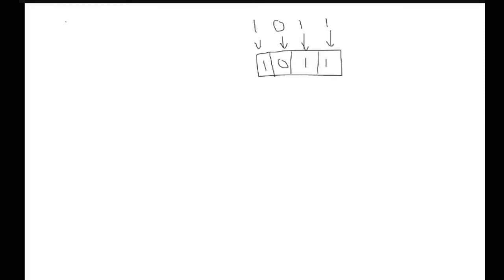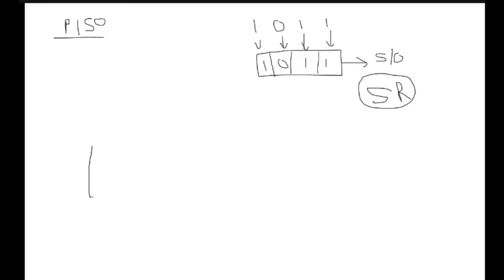Since we are talking about parallel in, serial out, now it will depend from which side you want to get it out, or you want to read the data. It means if you want to read it from here, this is my serial output. So in parallel in serial out, I need to perform a shift right operation. So we need to design a circuit that will perform shift right operation, because in SISO and SIPO the shifting was there, but here in the parallel one I need to design a circuit that will be performing a shift right operation. If I'm talking about a simple 3 stage, let's see what could be the circuit, because the same circuit can be extended to other bits as well.